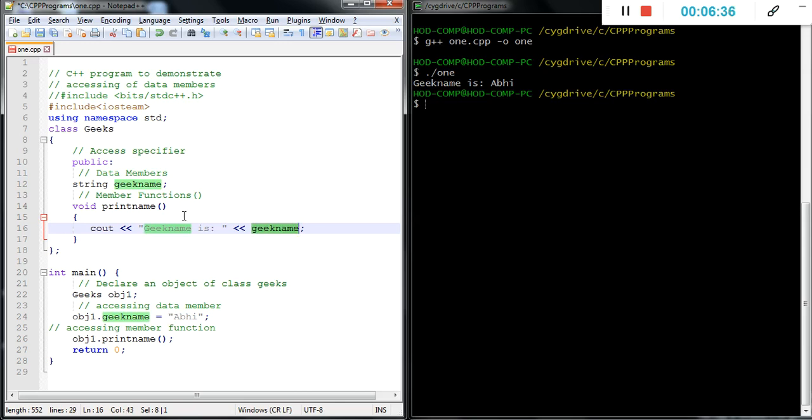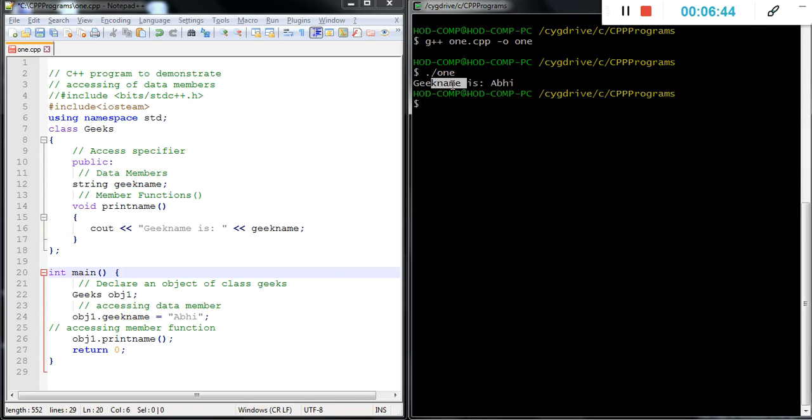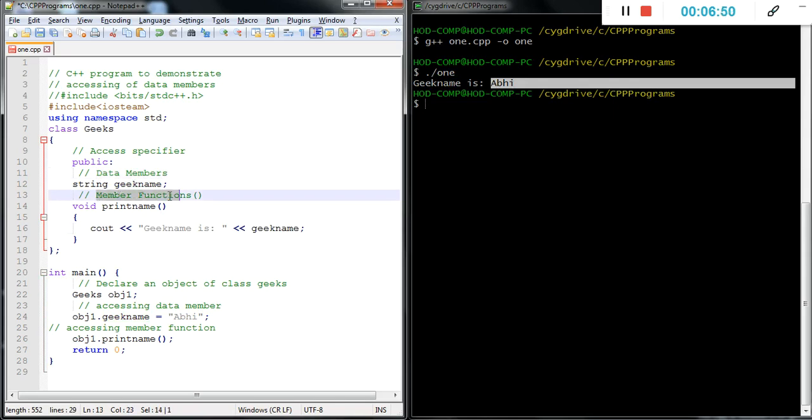Then it comes to return 0, ends the main function, and shows the output: geek name is Abhi. That is the process to access the data member and member function.